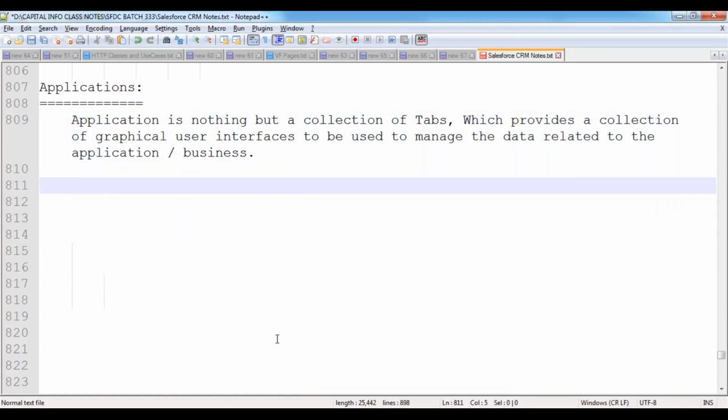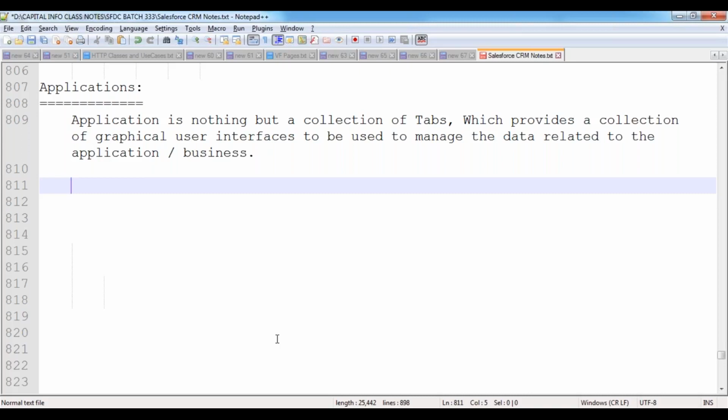By using those tabs, those user interfaces, we are managing that application specific data, or business specific data, or organization specific data, or personal data, whatever. So the application contains a collection of tabs.